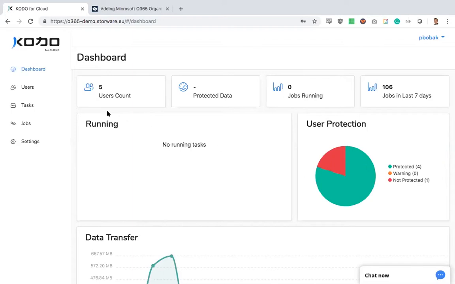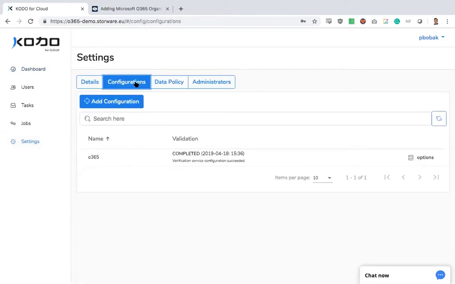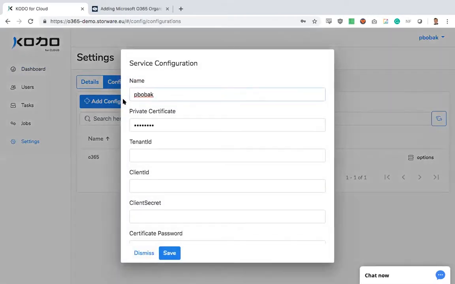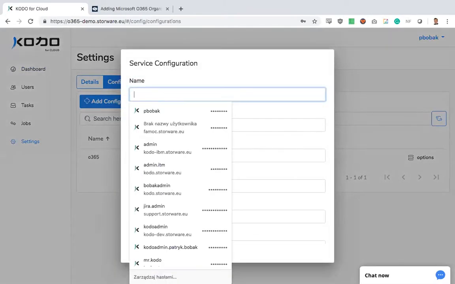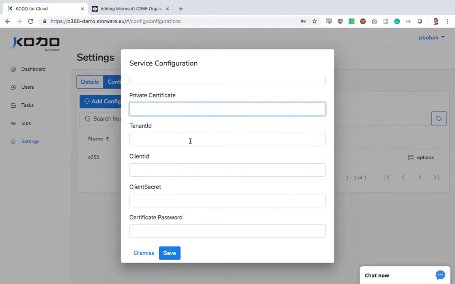What we need to do, the first step is to go to settings, to the configuration tab, click the add configuration button, and provide some information about our Office organization. We need a private certificate, we need a tenant ID, and the tenant ID is like an address of our organization in Microsoft. We need a client ID, we need a client secret, and we need a certificate password. The certificate is used to connect to AWS to manage